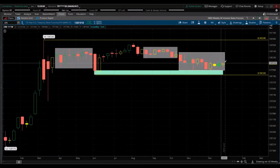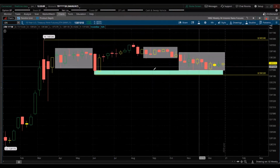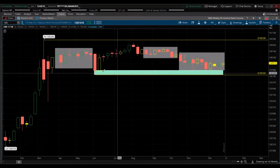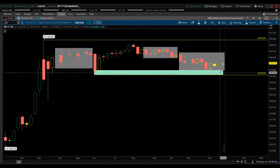Look at the 10-year, inside candle for the week, inside consolidation. The prior consolidation was up here, staircase pattern lower. And this is a key demand zone. Buyers stepped in here before. See if it gets retested again in the weeks, days ahead. And if it breaks below that,